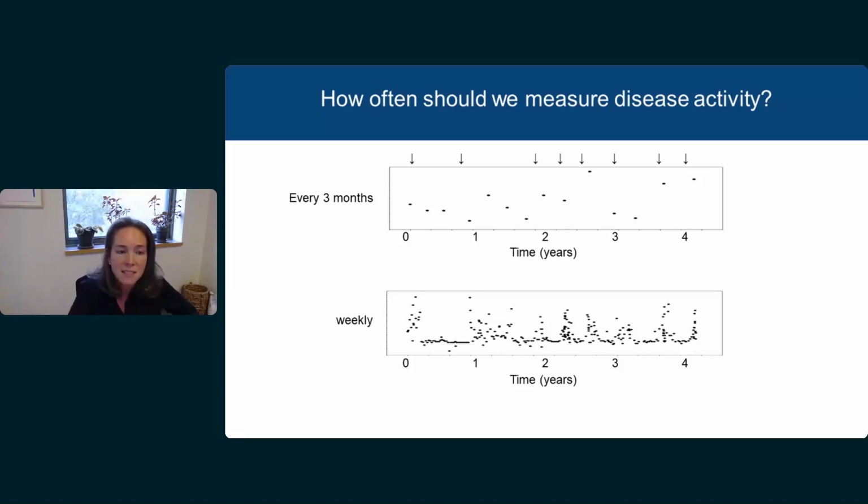So here I'm showing you disease activity scores for one patient measured every 3 months over the course of 4 years. And there are little arrows above marking when the patient noted that they were having a flare and called, and a covering rheumatologist gave a prescription for steroids to manage that flare. And when you look at the disease activity scores over time with this every 3-month sampling interval, it's really hard to make sense of the data. Sometimes there's an arrow where the disease activity was low and then became high,